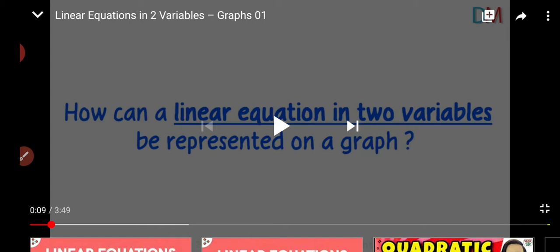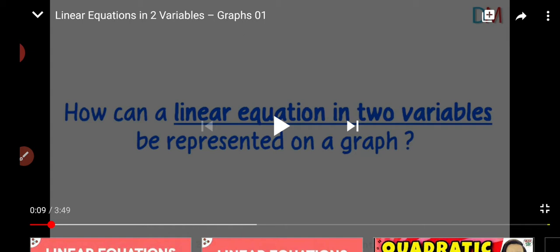And our running chapter is linear equation in two variables. We have learned what a linear equation is and how to find the solution of this linear equation. In exercise 4.1 and 4.2, I hope you have completed your work in your notebook, and I hope you have no doubt, because no one has asked me doubts.